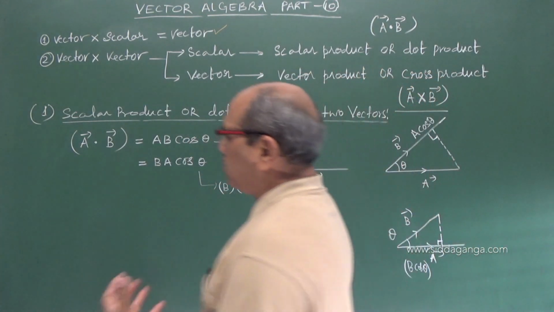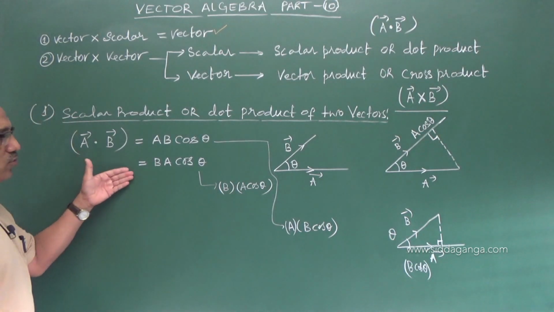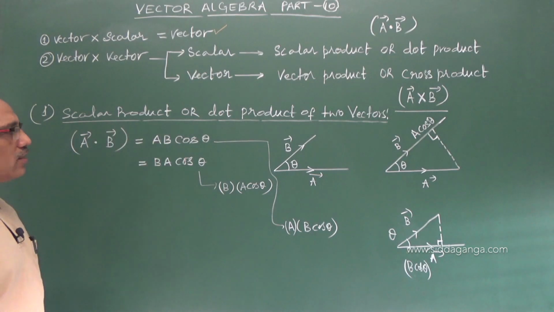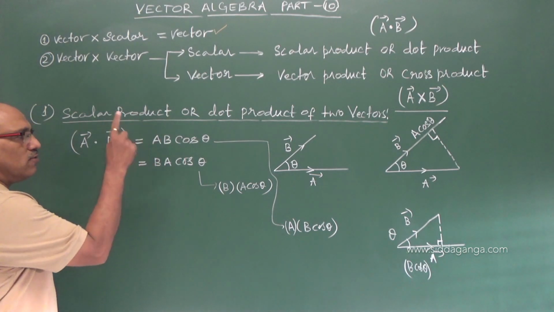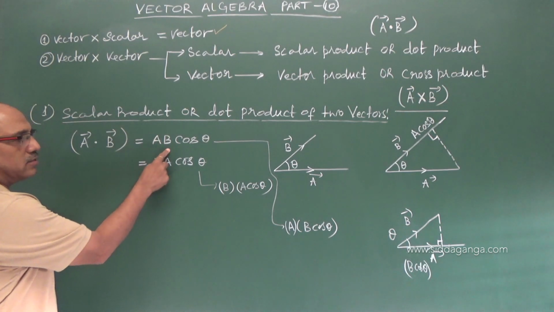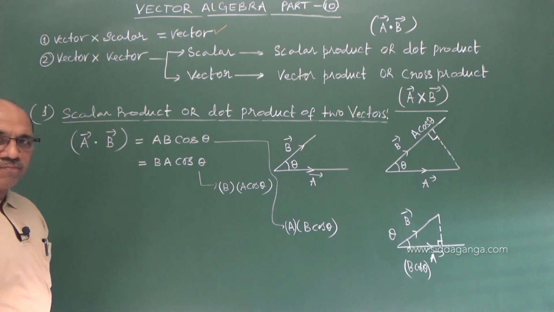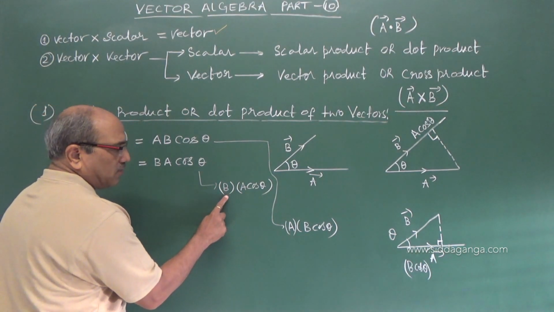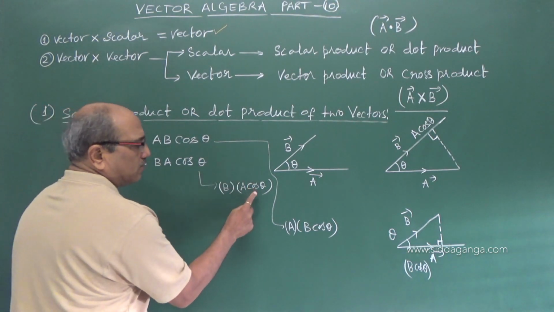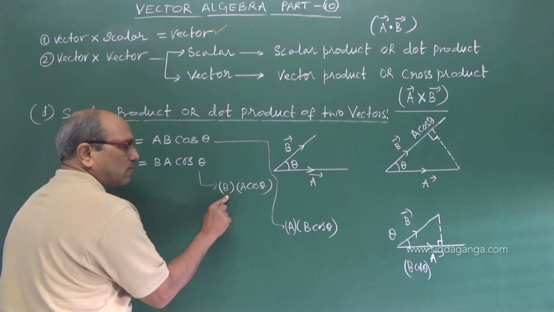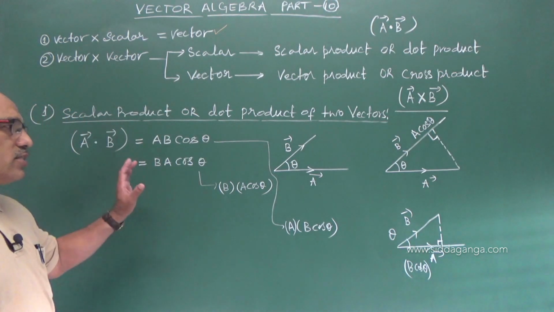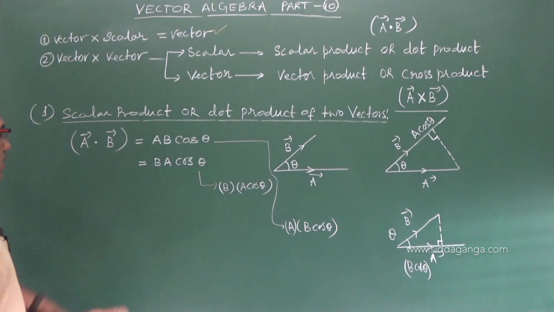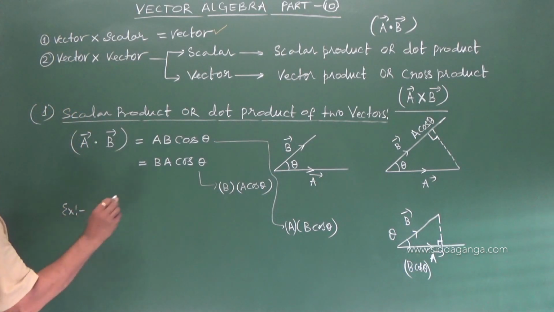And for example, I hope we have come to know there is no directionality, only the magnitude, AB cos theta. Either define it as the magnitude of the product of the two vectors into the cosine of the angle between them, or the new definition is the product of the magnitude of one of the vectors and the component of the other vector in the direction of it. That is the statement. Either way you can define it, and remember, an example I am coming to before going to its properties.